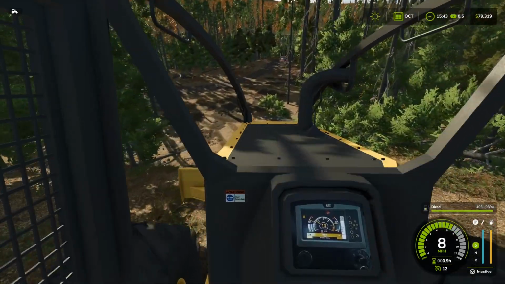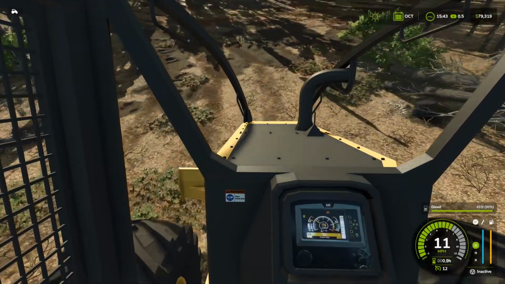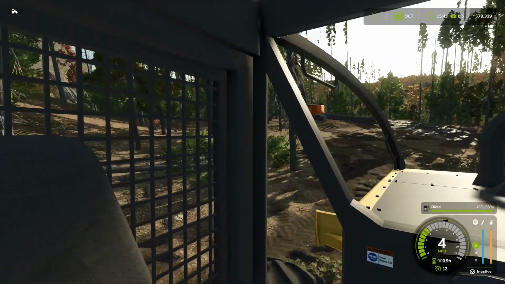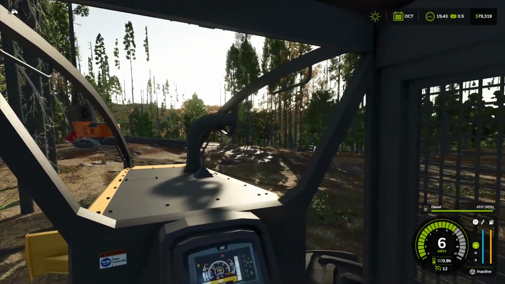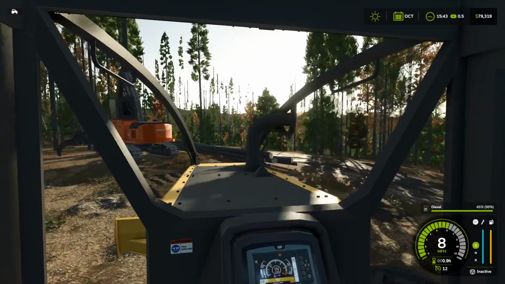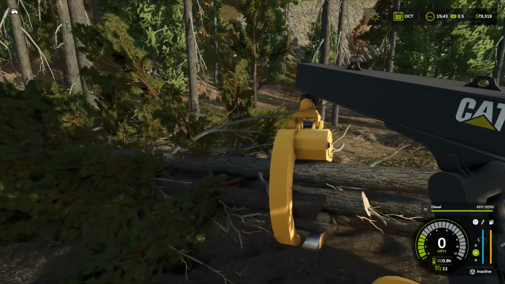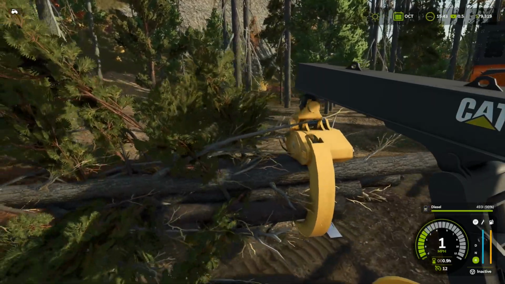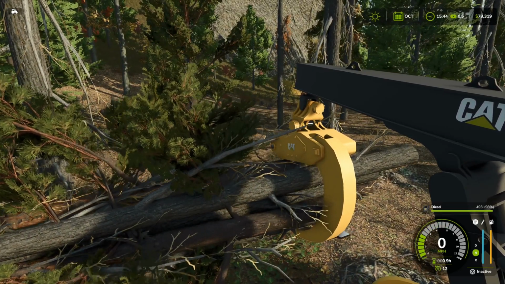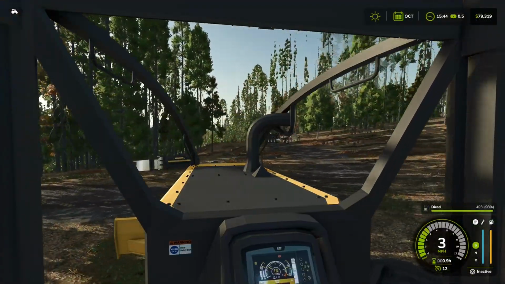I definitely like this hill here. Pulling the trees down the hill. I don't know why, but I guess it's because it's a little bit more true to where I live. You get a lot of hills and stuff. It's not all flat. Being on flat ground is definitely easier in this game, but